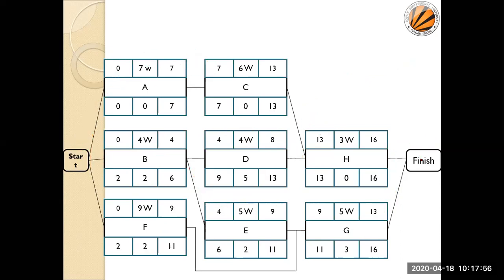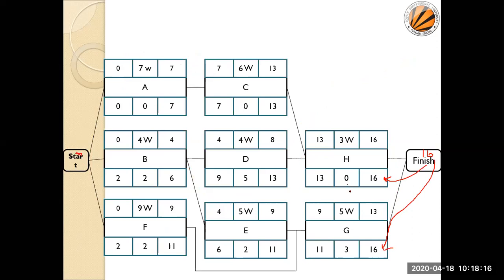In my next step, I had already copied here the 16 value. Now this 16 value we are directly going to copy here onto my latest finish. So the same value we copy there. Similarly, as we started in my forward pass with 0, this is copied directly. So right now we are copying this 16.